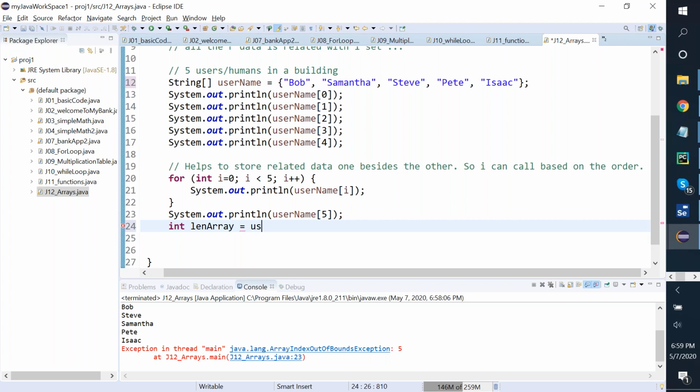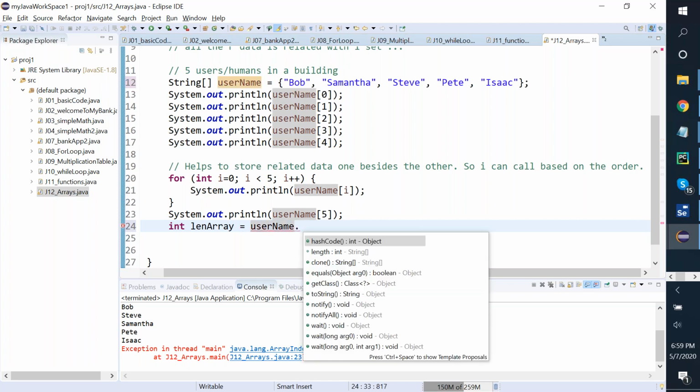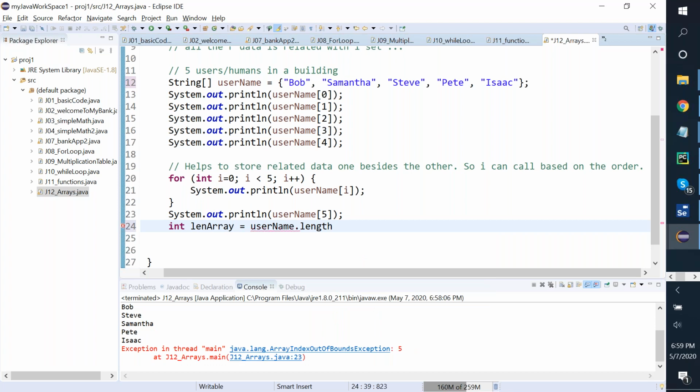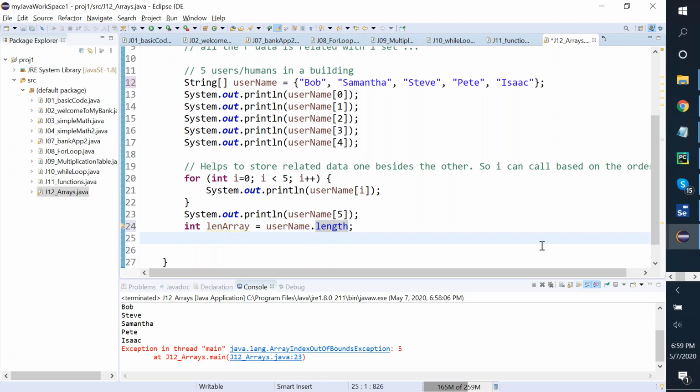The array name is username dot. When I say username dot, you would see a set of methods or properties that are available for you. And we're going to use this concept called length. This would provide the length for that specific array. Returns the length